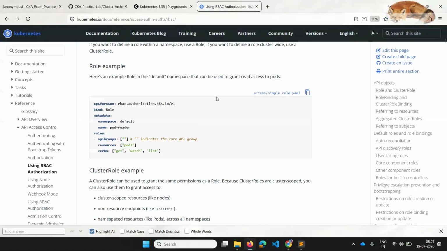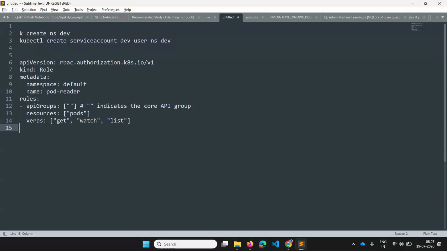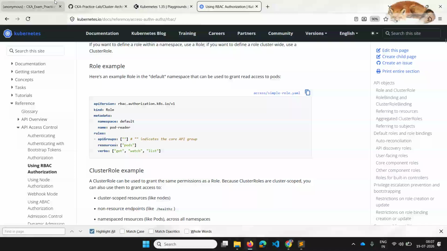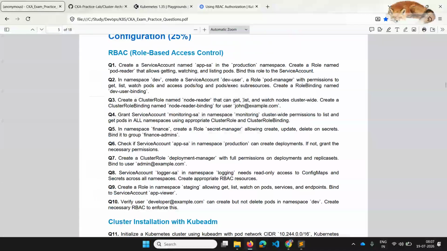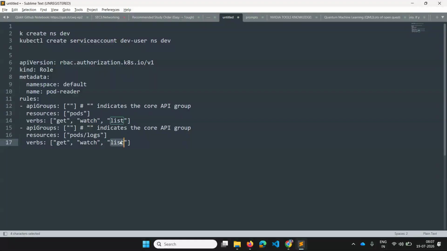Here is a simple role YAML file, which is only for the pods, and I'll add pods slash logs. Generally logs are only for watching or getting, so I can do a get access for logs.